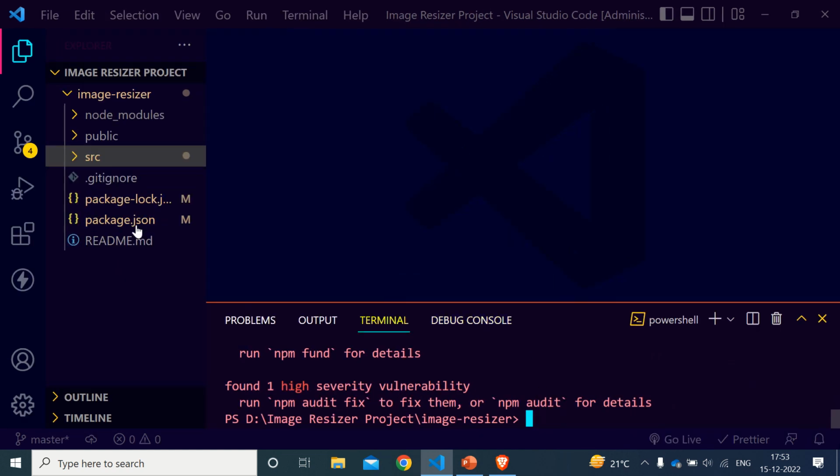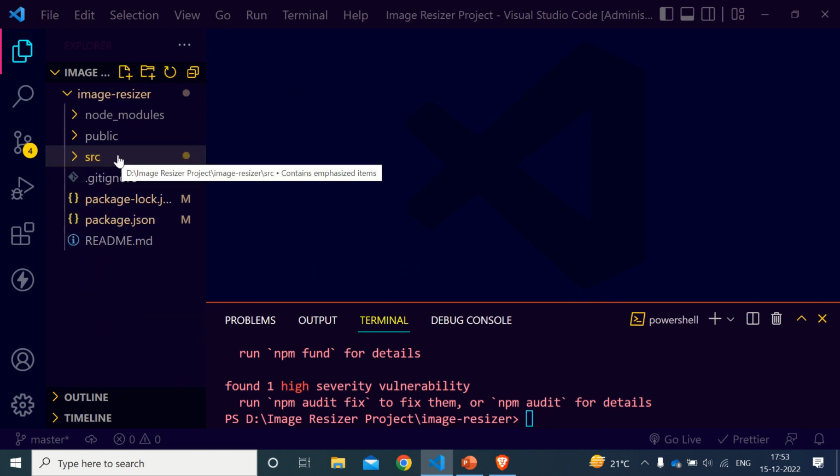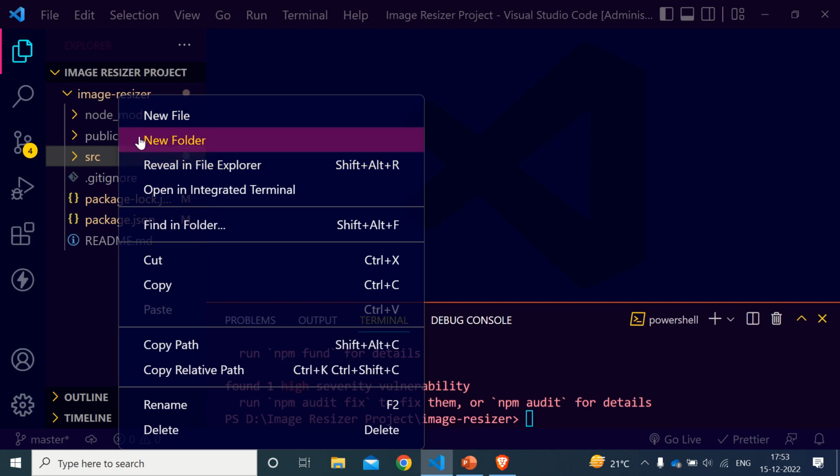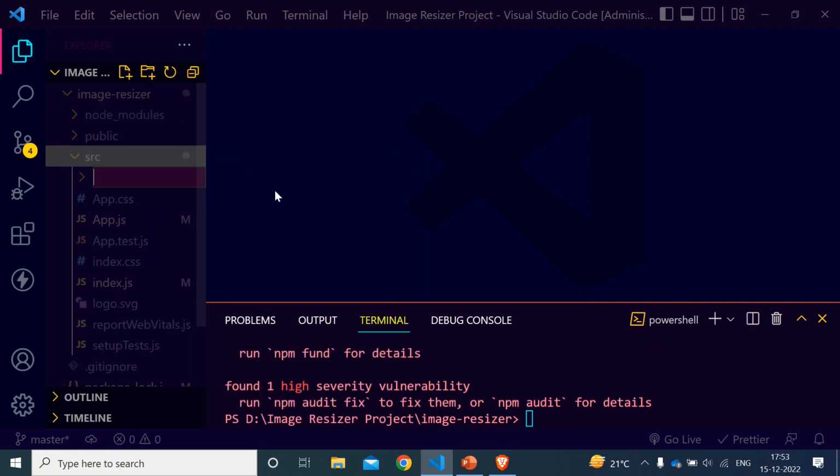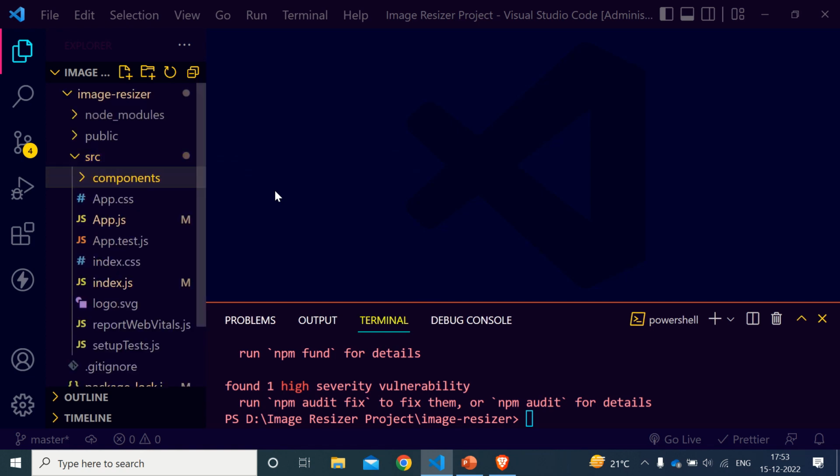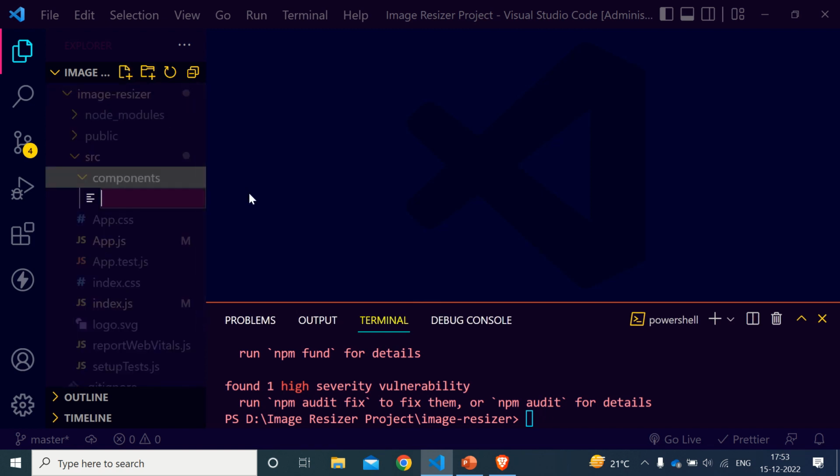Let's go back to our source folder. For this project we'll create a components folder in which we'll create all the components required. So we'll click on src and create a new folder, and the folder name will be components. And in the components folder we'll create a component called image